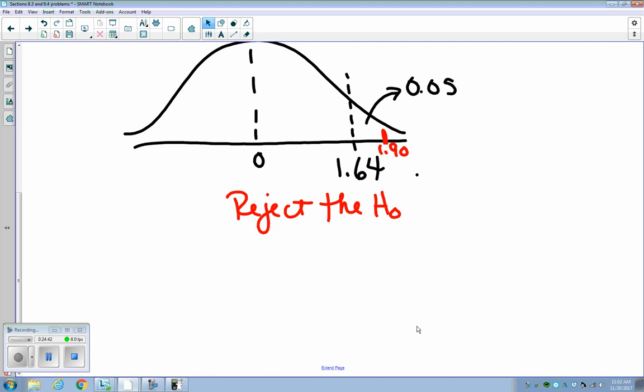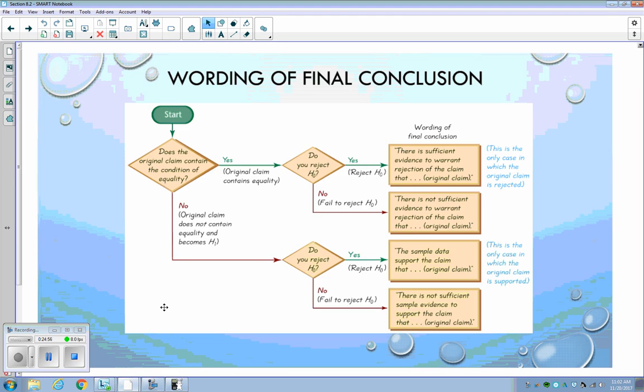So we're going to go back to that slide. We didn't do p-values, but I want to do this and then we'll come back to p-values. Did the claim have equality in the very beginning? No. It said the majority. That's not equal, it's greater than, right? So since that, I'm going to go this route. Did we reject? Yes, we rejected. So the way to state it is the sample data support the claim that